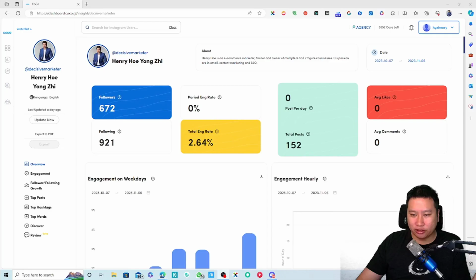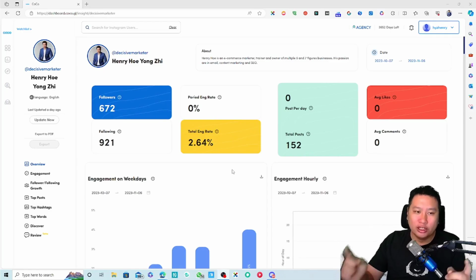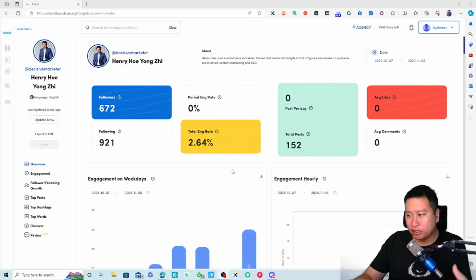But let me just jump back in here, right? This profile in here is actually very useful, especially if you are an influencer. If you are an influencer, you can just click on export. You can start sending this out to your clients who want to engage you for social media promotion of their brand, right?